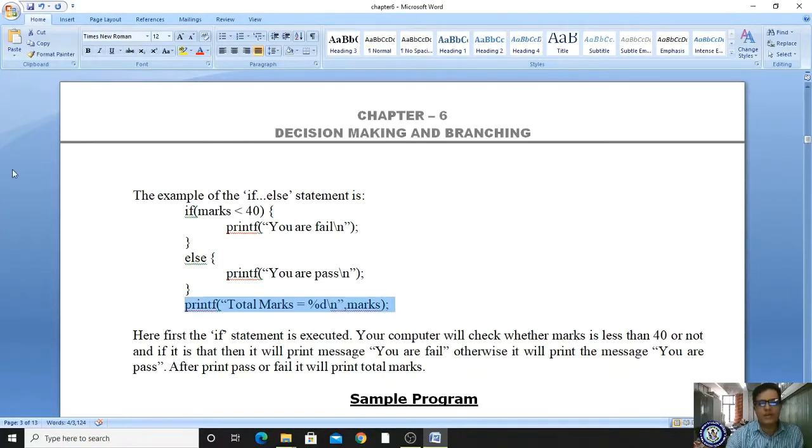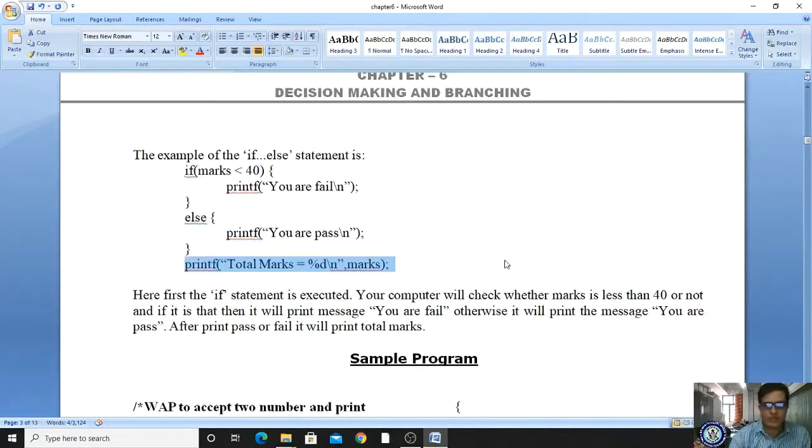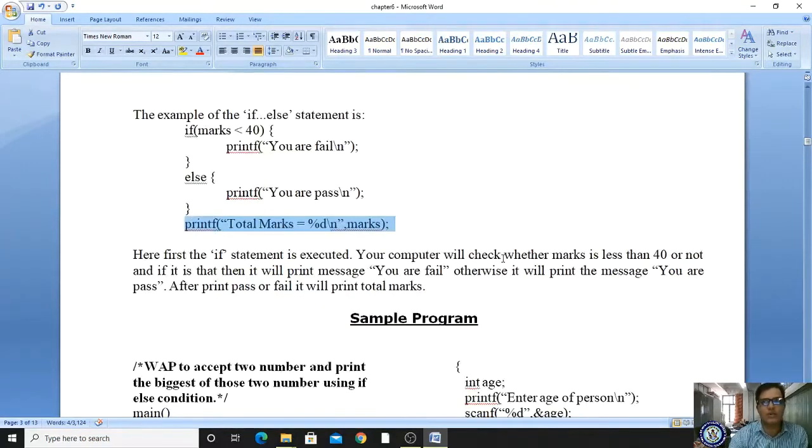Likewise, in some situations we require either this or that. If that fails we have to go to plan B. In general life also we do this, right? Suppose you went to a hotel to purchase some snacks, if it is not available then you will go for an alternative, right? Clear? In the same sense.